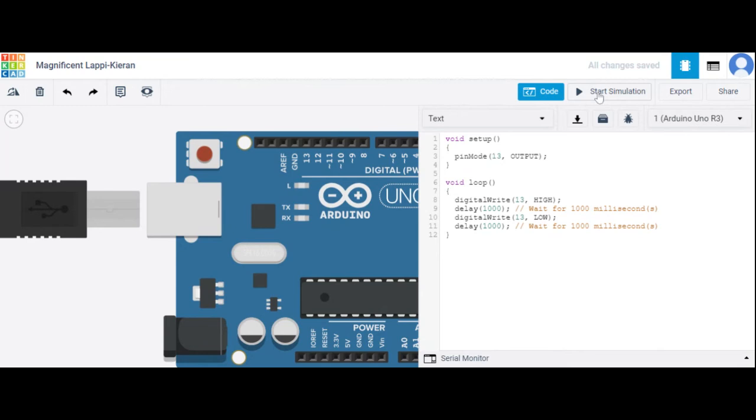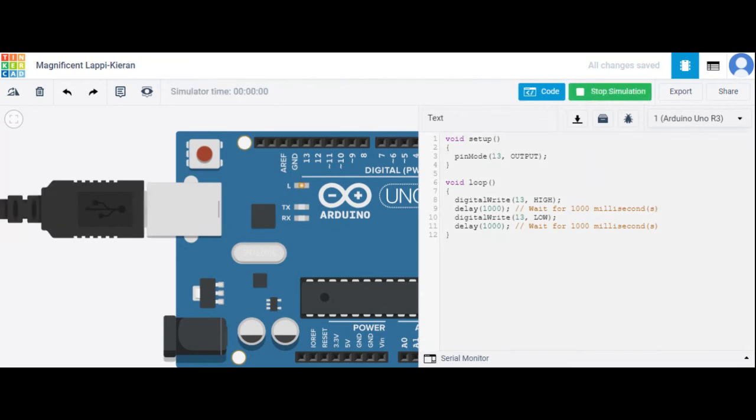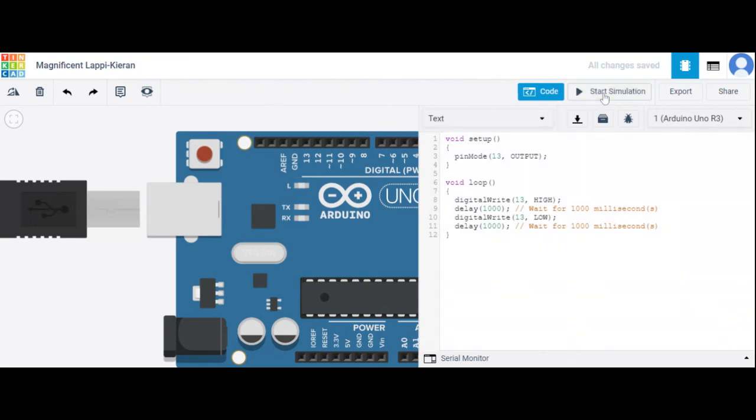See, I just start simulating, and as you might have observed, the light is blinking on for 1 second and off for 1 second, on and off. You see it's blinking. I can introduce more delay also. I can just stop the simulation, and instead of blinking for 1 second, I will make it 3 seconds. So I'll just increase the delay,